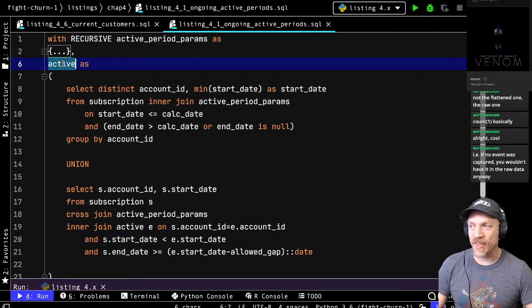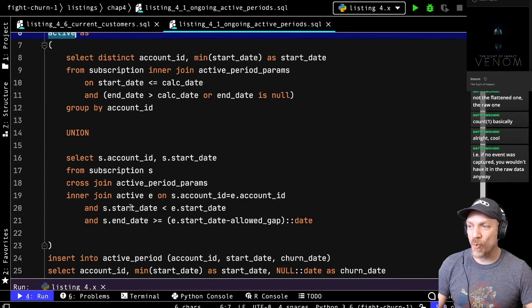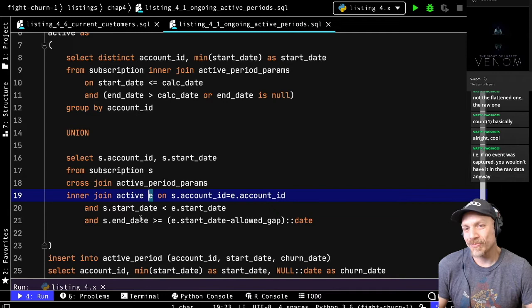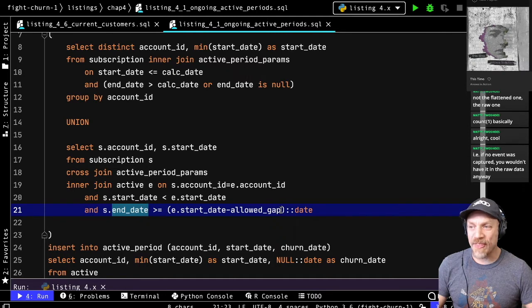The name for the CTE here is active. Then we take where the start date of the earlier subscription is less than the start date of the active subscription. Ooh, I used a bad letter. I named the active E. It should have been A. Sorry. And then we want the end date to be within the allowed gap from the start date.